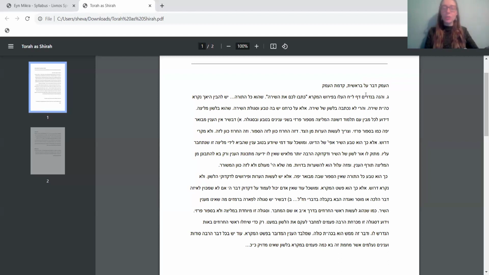V'lo mikra drush. Now, this is not called drush, like how we talked about drash. Drash isn't just looking at what exactly it says in the text. It's bringing in other information and fitting it into the text. So here, if someone takes a poem and analyzes every line and writes notes on the side, that's not called drush. That's not some far-fetched meaning. That's not really the literal meaning of the song. It's not true.